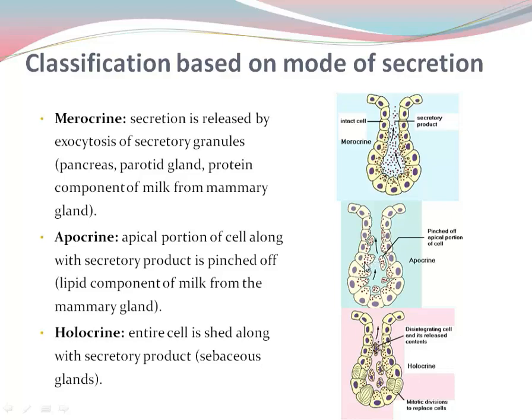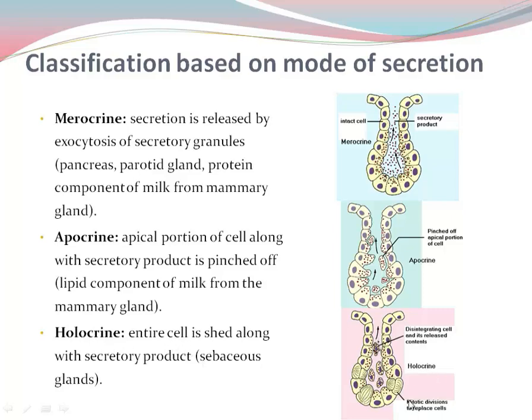That entire portion of the cell, the secretory product, is pinched off, gets disconnected from the original cell and released into the secretion. So it's the lipid component of milk from the mammary glands. So in the mammary gland, you will see both merocrine as well as apocrine secretion if you study the histology of mammary glands. Then holocrine, where the entire cell